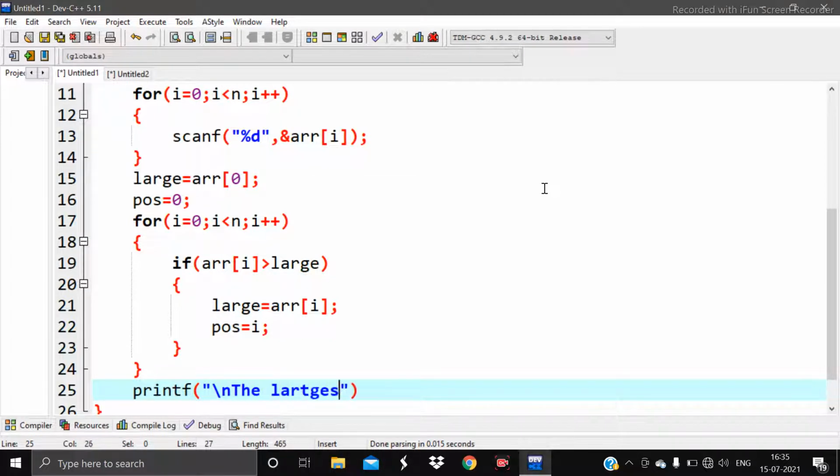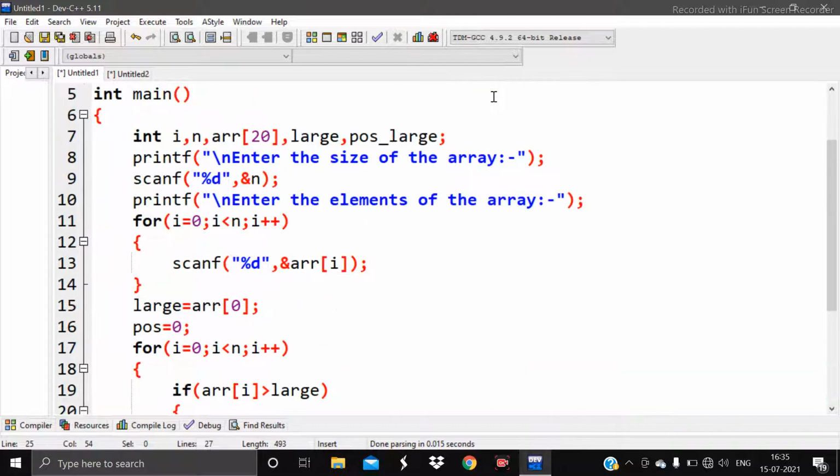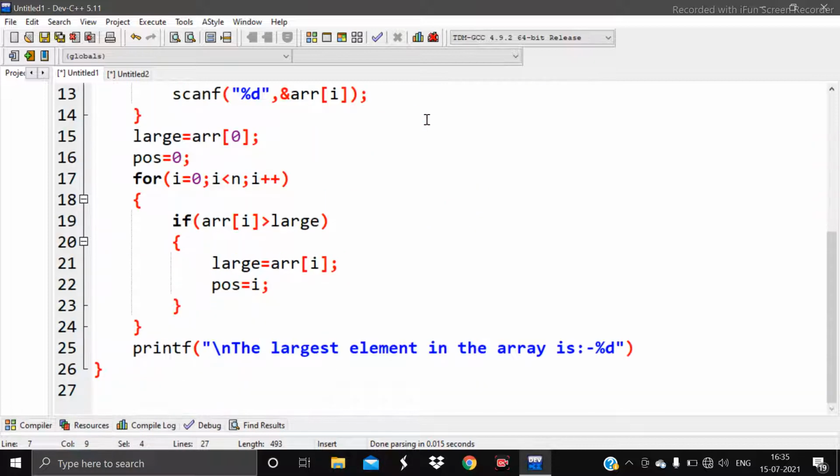The largest element in the array is percent d. Percent d is used because the data type being used over here is int, and for int data type the format specifier percent d is always used. Okay, and the large variable will be used.